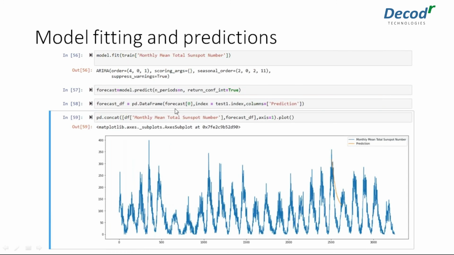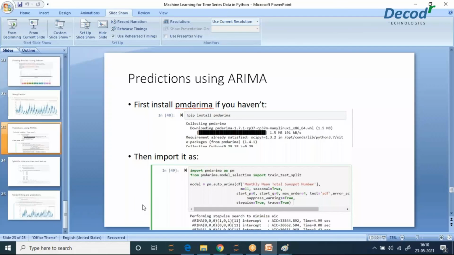And finally we are doing the prediction on test data, and we are putting all this data inside a data frame so that we can easily plot it. So now we are concatenating both this one and the forecast. So we are comparing now, okay, and plotting it. So this is the outcome. This is the outcome which we see.